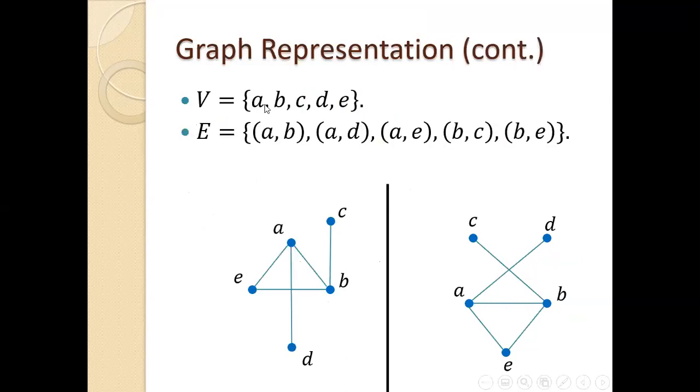Here's the same graph, same set of vertices, same set of edges. I drew it in two ways, and both are just equally valid. And there are infinitely many other ways of drawing this graph. You just put a point for each vertex and connect any pair of vertices that have an edge between them. So the graph is really the set of vertices and the set of edges. You can draw it any way you like. Questions so far?